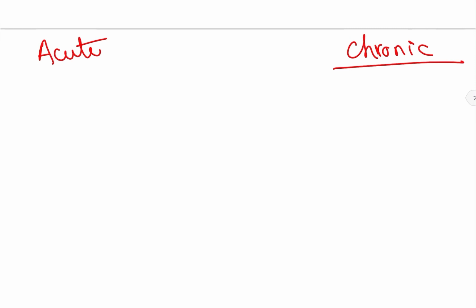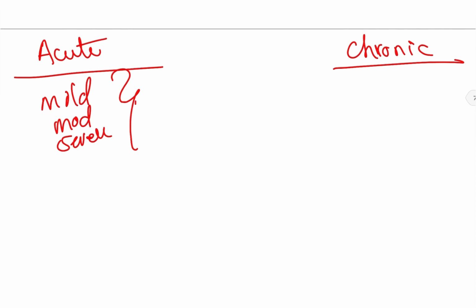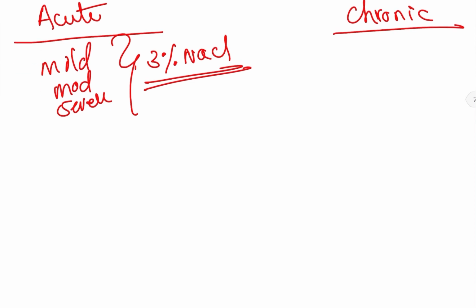Now, how do we treat hyponatremia? We divide the patients into acute hyponatremia and chronic. Acute hyponatremia means hyponatremia which has developed within 48 hours. Chronic is more than 48 hours, or patients who were treated for acute hyponatremia when seen again after 48 hours. So in acute hyponatremia, whether the patient has mild, moderate, or severe symptoms, or any type of hyponatremia, whether hypervolemic, hypovolemic, or euvolemic, the treatment is 3% NaCl, because the patient can have cerebral herniation due to cerebral edema. That is why we use 3% NaCl in acute hyponatremia.